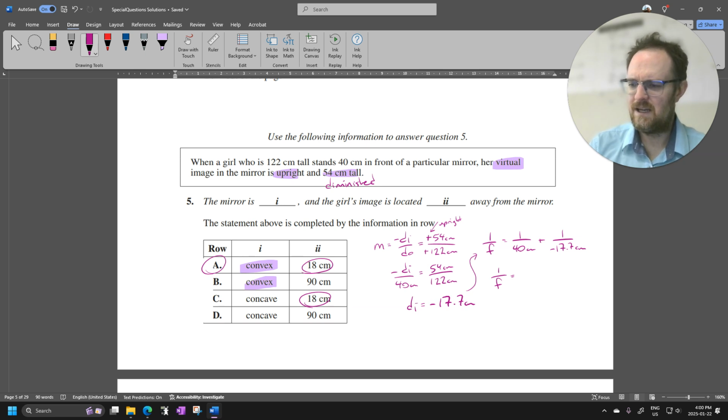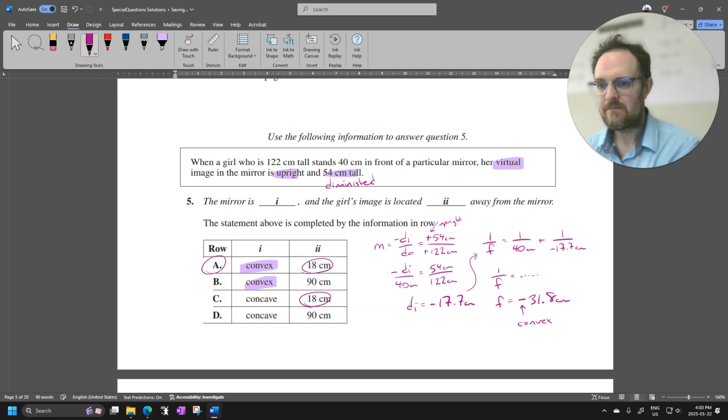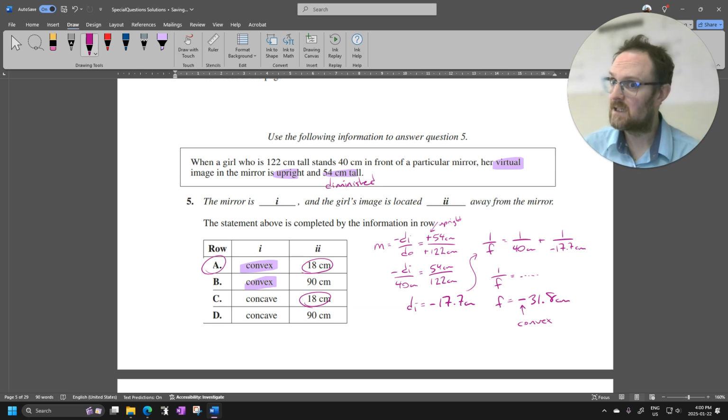We flip it over, still negative. So we get F to be negative 31.8 centimeters. So this means convex, right? But you already kind of knew it. Okay. So